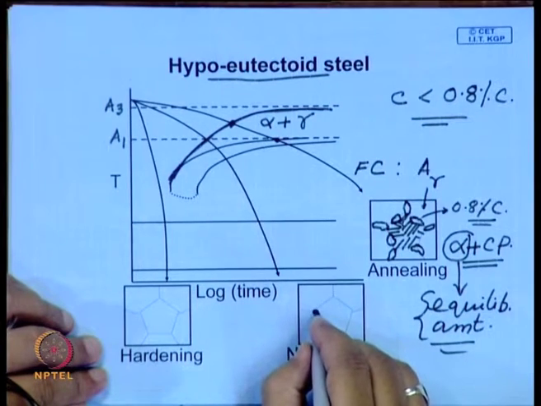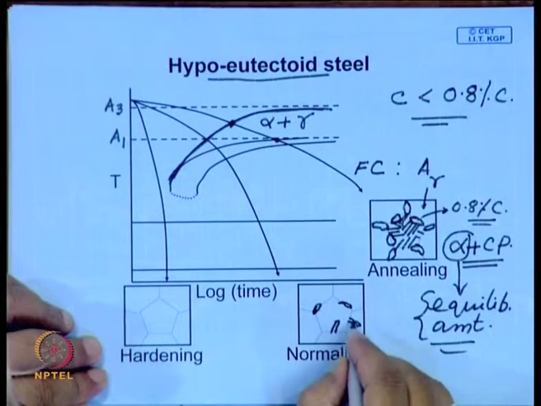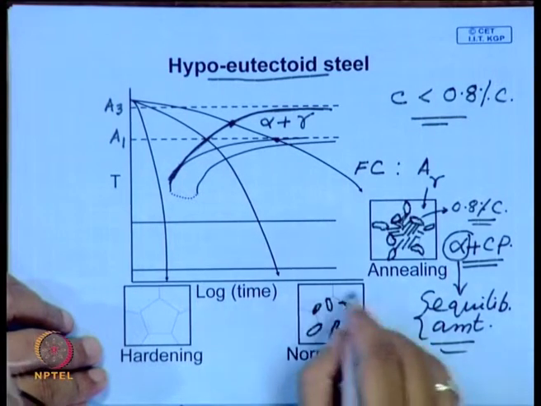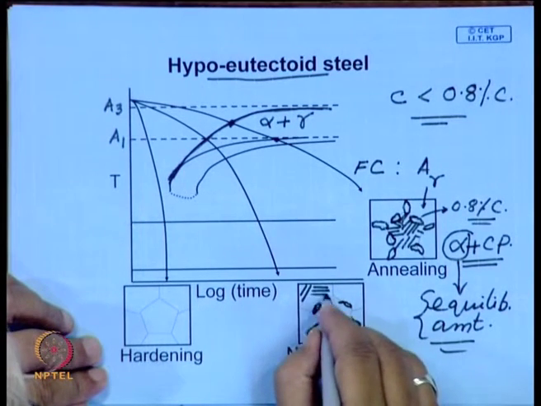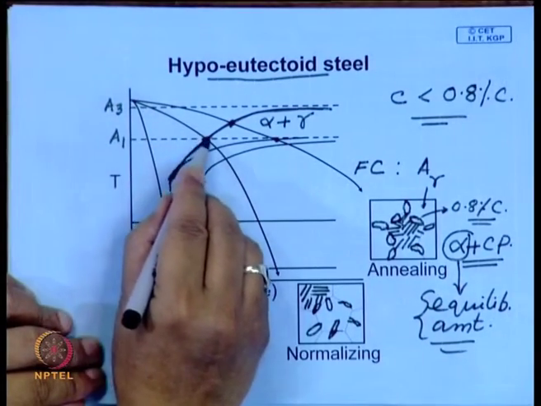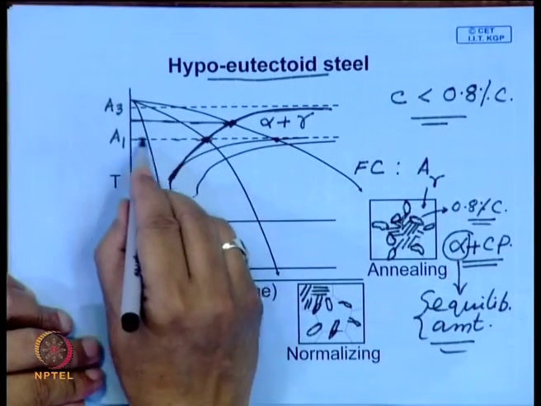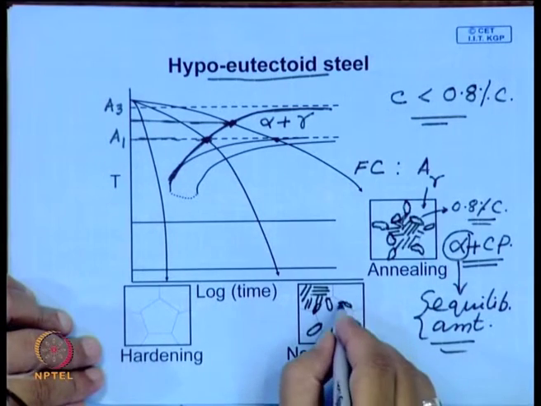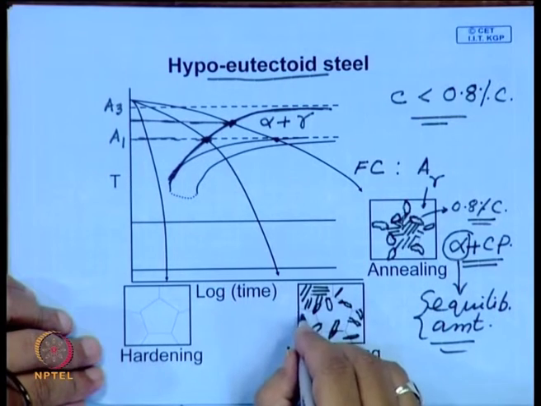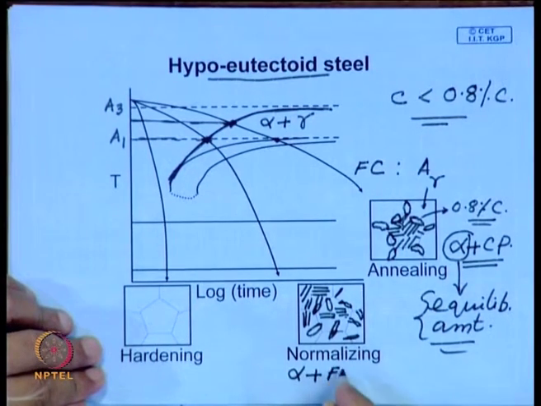Whereas, in this case also the structure will consist of proeutectoid ferrite. Some of these ferrites can also form as a Widmanstätten structure, with some ferrite plates forming here, and then the balance will be converted into pearlite. Look at it here: the precipitation of proeutectoid ferrite takes place at a much lower temperature here, while in annealing it starts from here, and here it starts from around here. So, therefore, you have a higher driving force. So, you may have this kind of Widmanstätten ferrite also forming, because the process is quite fast, and the remaining will be pearlite, and this pearlite will be fine. So, you will have proeutectoid ferrite plus fine pearlite,